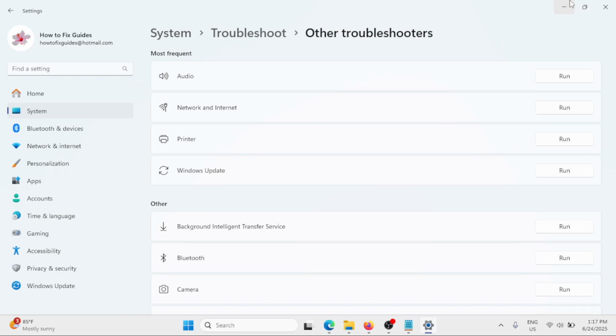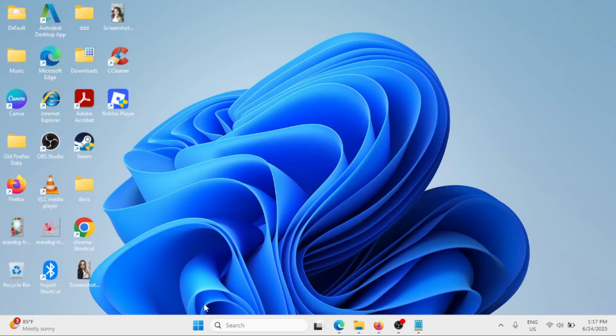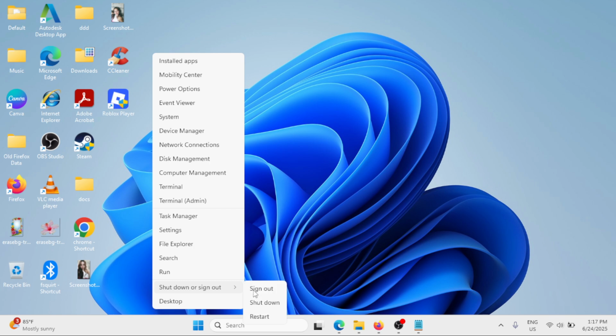So what we can do is run the Windows Update Troubleshooter. Simply click on the Run button corresponding to it. That will give you suggestions and recommendations in fixing the issue, and aside from that, it will also fix the issue for you. After running the Windows Update Troubleshooter, right-click at the Start button, shut down or sign out, and